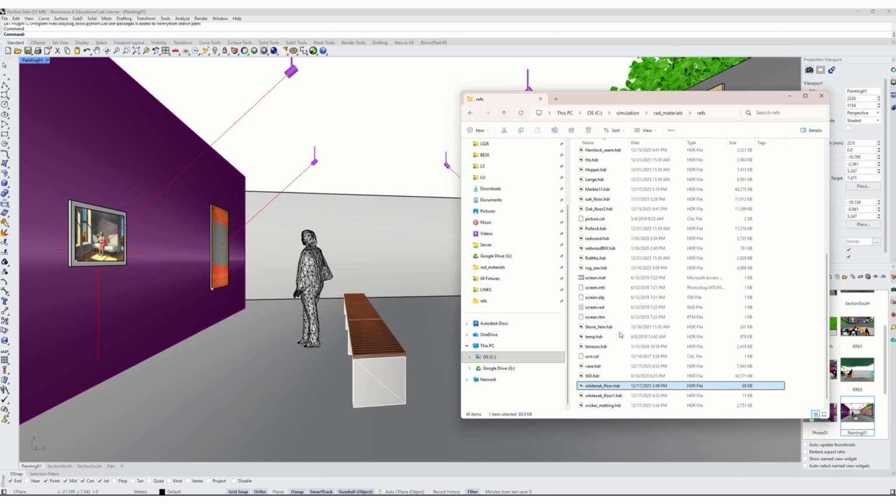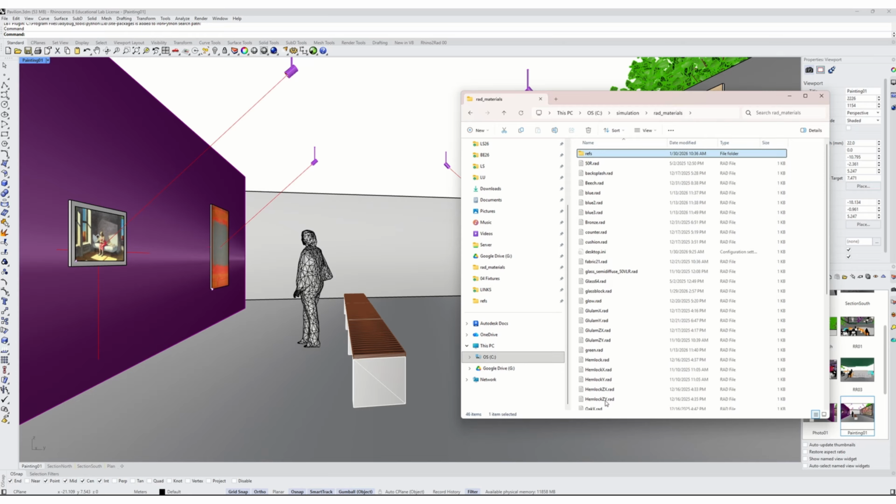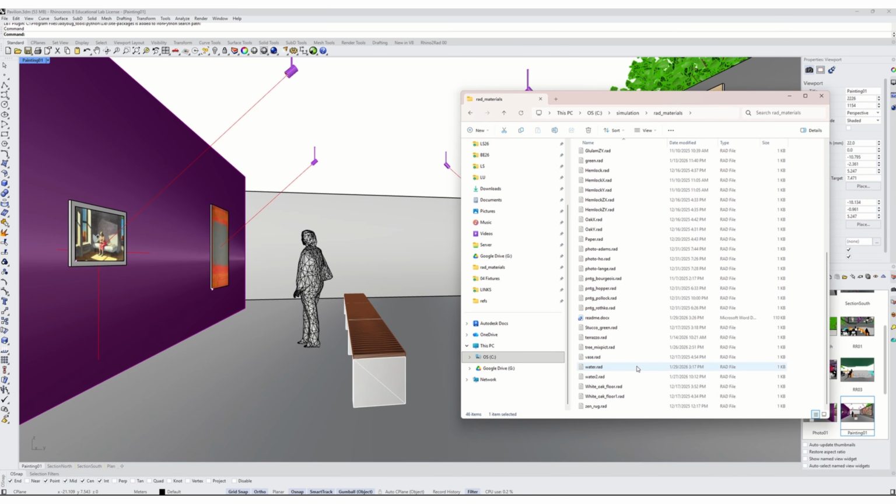For example, the Jackson Pollock is this one right here, and that is referenced by this painting Pollock